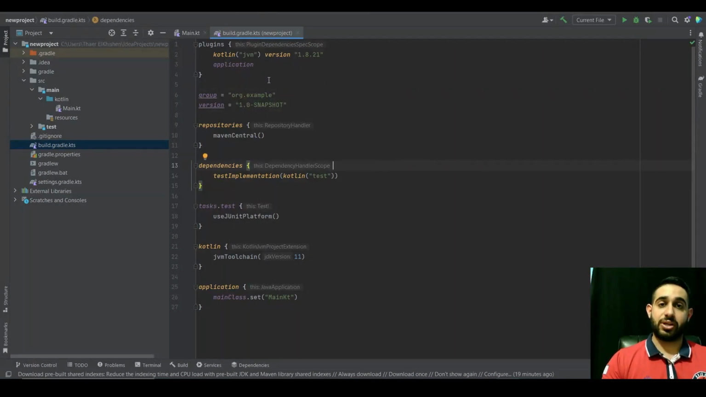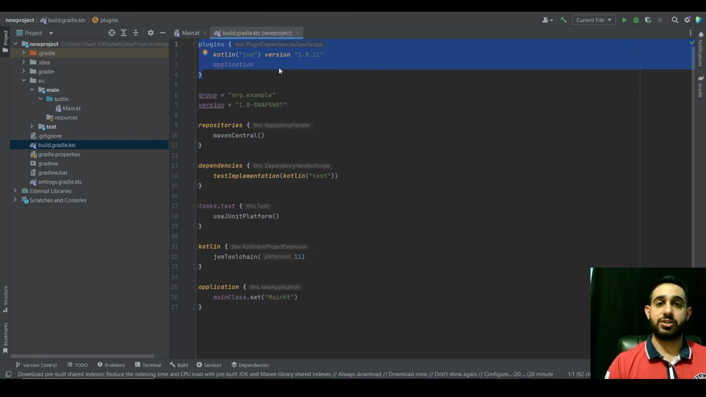Let's see what they will help us with here. This first line of code, Kotlin JVM version 1.8.21, tells Gradle how to handle your Kotlin code. Okay, so if you're going to use Kotlin in your project, you need to have this plugin. Okay, and the application part of this plugin's block of code will be to teach Gradle how to run your